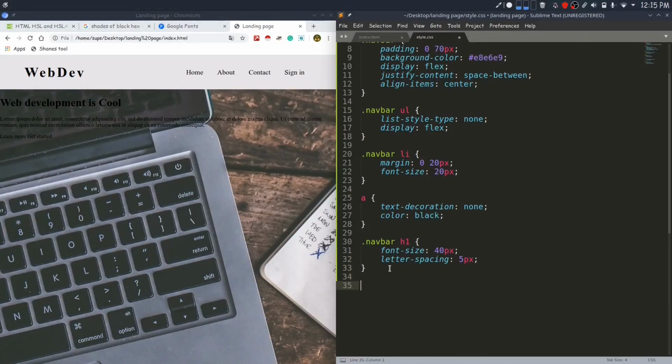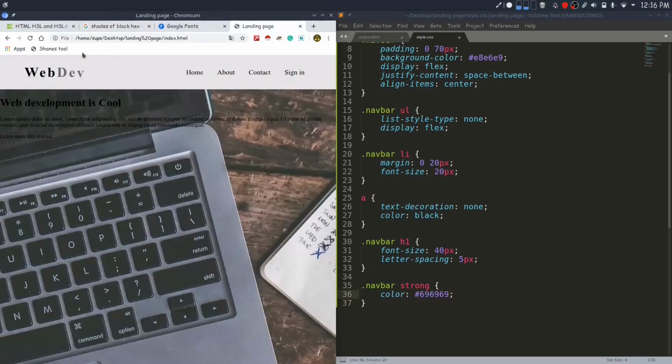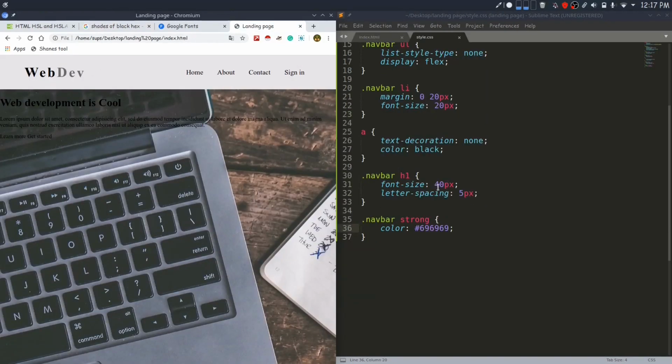Now let me select strong tag. Now I want text inside this strong tag to be little bit lighter than black, so you can Google for shades of black, and I will use hex value for this dim gray. Now it looks better. When we changed font size for our H1, our navbar became too big, so let me